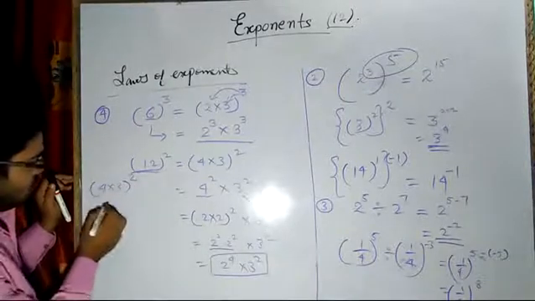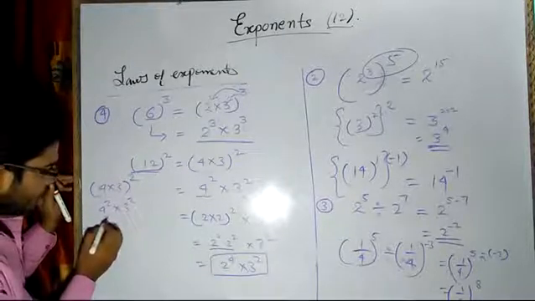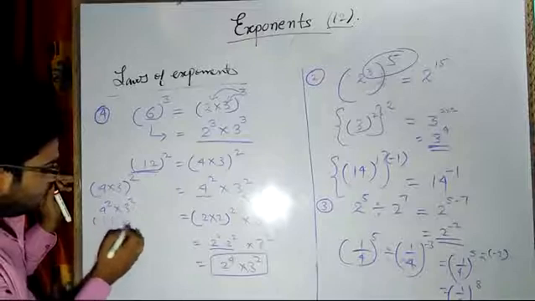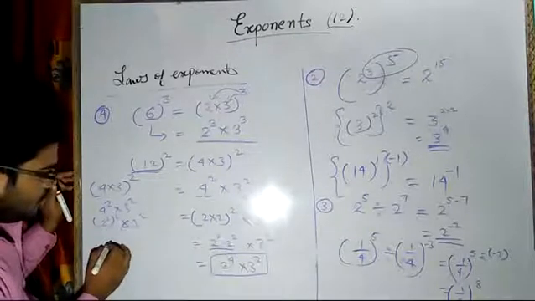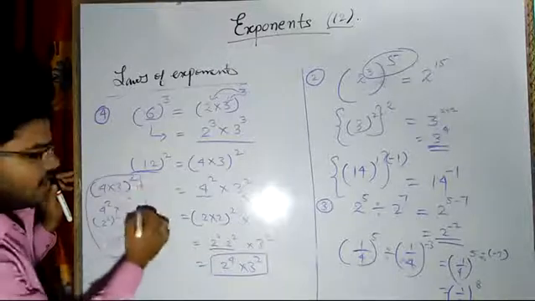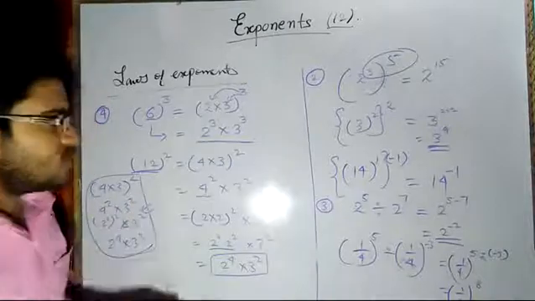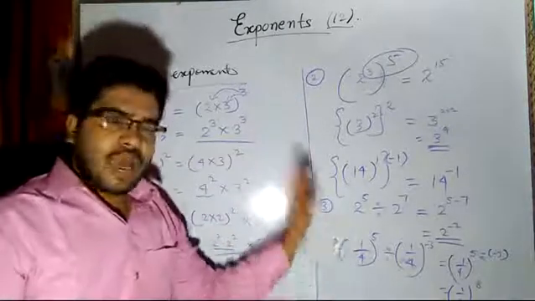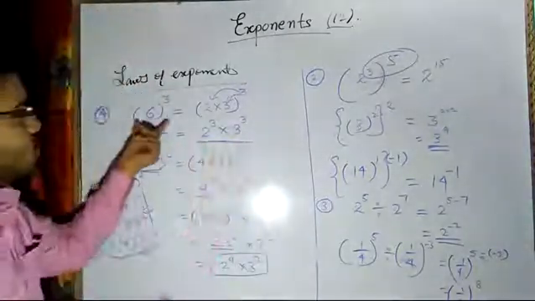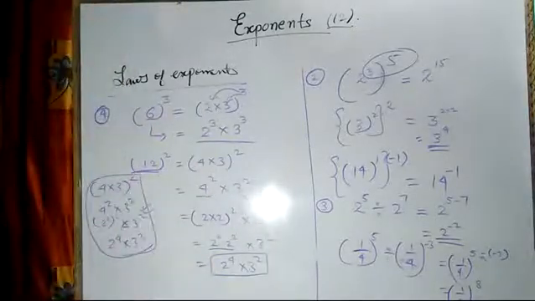4 square means what? 4 square into 3 square. 4 here, so I can write 2 raised power 2 into 2 into 3 raised power 2. So it will be 2 raised power 4 into 3 raised power 2. So this thing you will try to understand when you go to the next class, that is class 7. But as of now, you try to take up to 3 and those 2 rules. Plus this rule, if you keep in mind, it will be an advantage for you in your next class, in your 7th class.